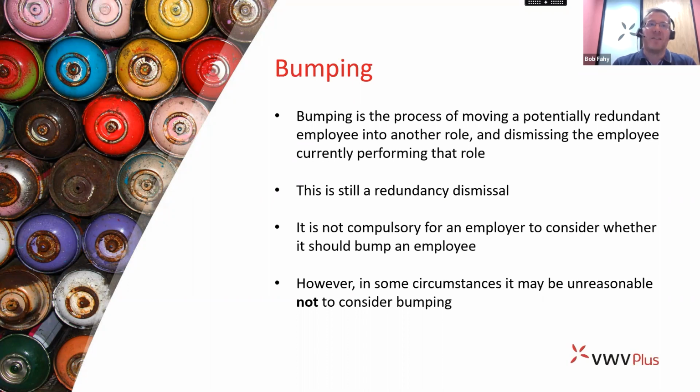And so whilst there is judicial authority for the proposition that it may be unreasonable not to consider bumping in some circumstances, there's very little practical guidance, even in the cases that say this, on where that will apply. I'll try and identify some factors that might move you in that direction. But I think that the best summary of the current position comes from a case that reached the EAT in 2012. The case citation is Samuels and the University of Creative Arts, where the EAT said, I'm just going to